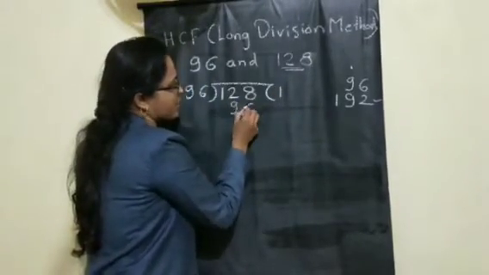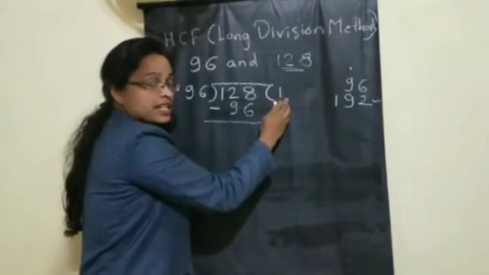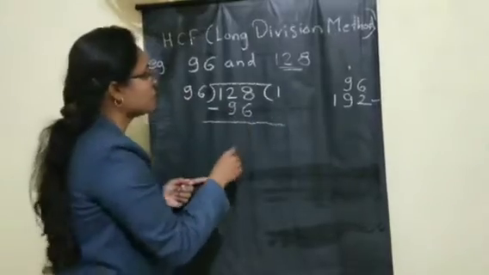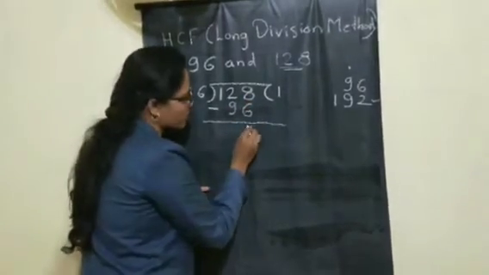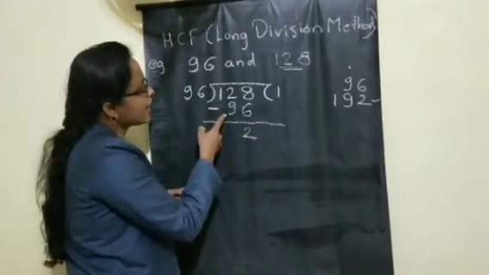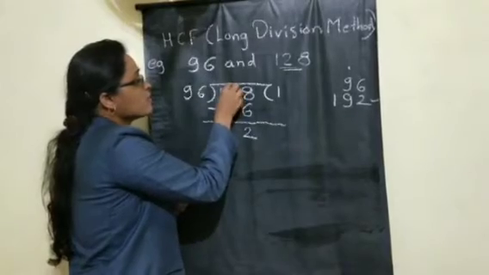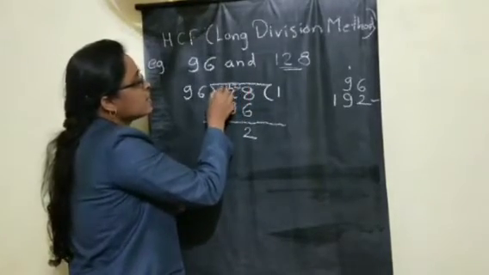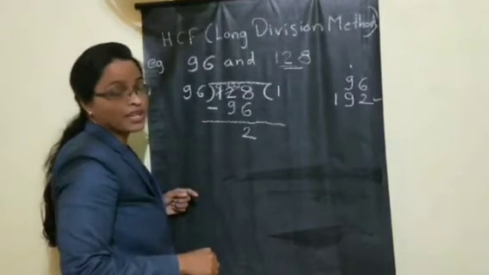96 only, children. Like this you have to write and do the minus. Keep in your mind how much I am writing here on the right hand side. Now 8 minus 6, how much children? 8 minus 6, 2. Correct? Okay. Now can you subtract 9 from 2? No, you have to borrow. So here it will become 12, and here how much is left? 0. Now 12 minus 9.